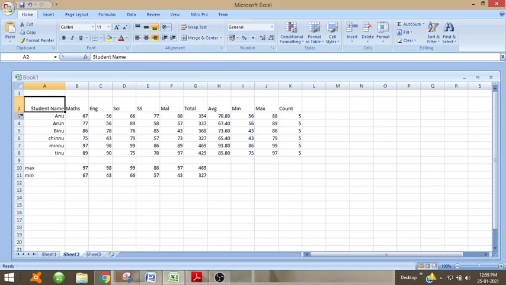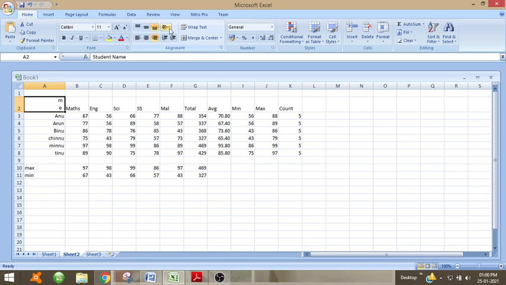Now if we want to give the text in a diagonal form, you can give like this. This can be applied. So the text will be in diagonal. So different formats are there.